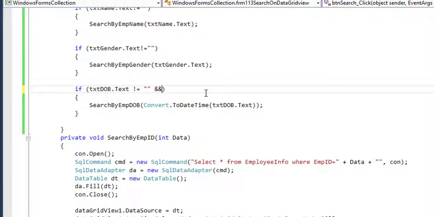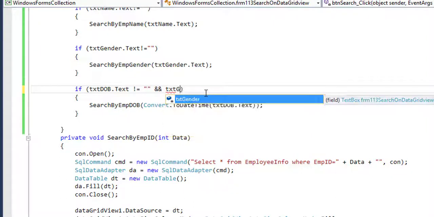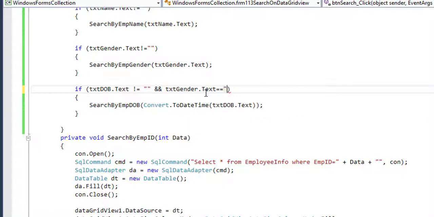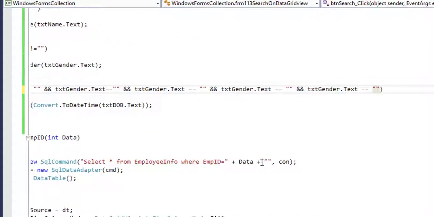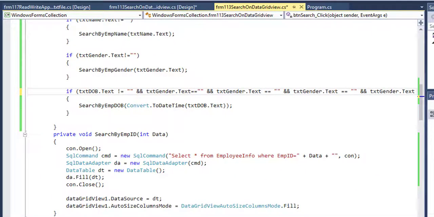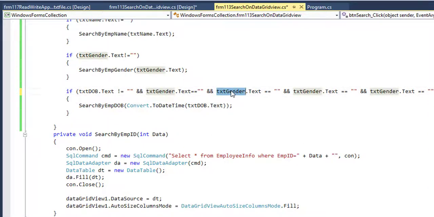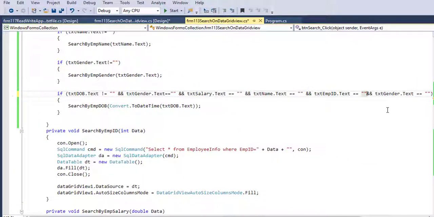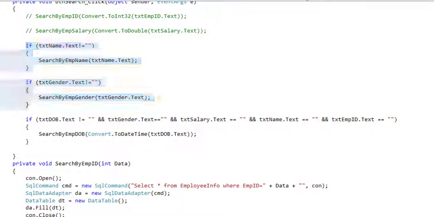We have to set and txt gender dot text equal to empty, txt salary, txt name, txt empid, and so on.